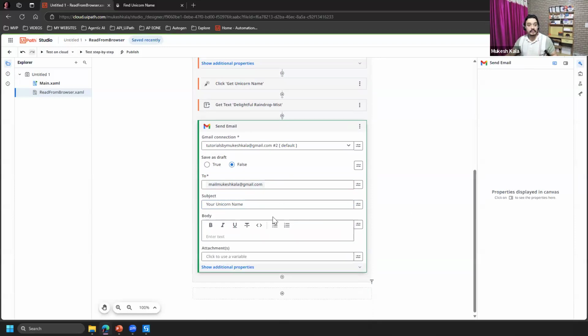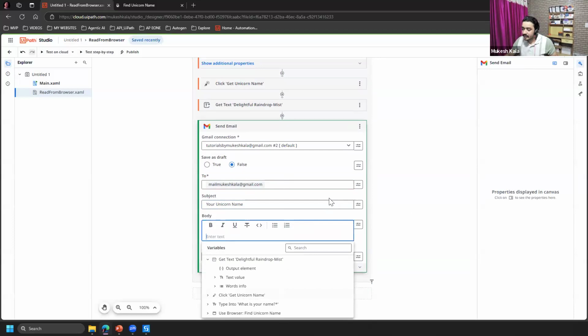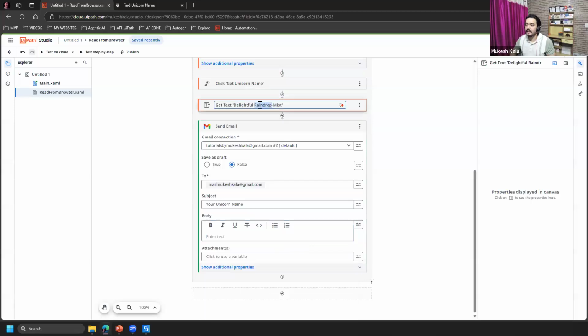Now the important one. What do you want to put in the body? In the body, if you see here, you are getting this stuff from the get text, which is this. You see it has a name, and by the way, you have an option to change it here. You can change it to, let's say, get text for unicorn name.